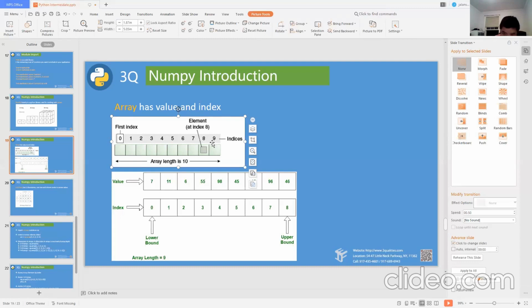Again, we mentioned the beginning index of an array starts from 0. 0, 1, 2, 3, in sequence till 9. But if you're counting 0 also, you totally have 10 different indexes. Am I right?